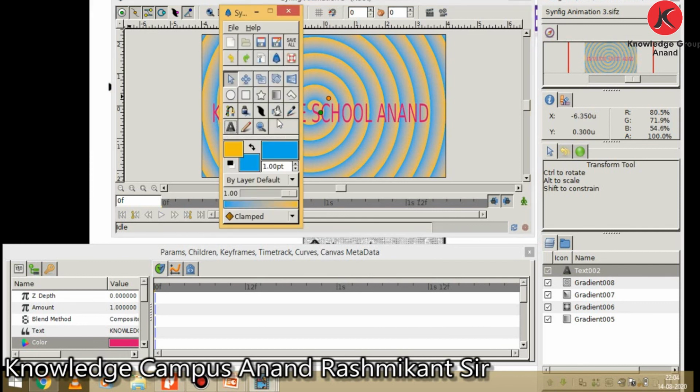You can use other tools, like it is a zoom tool. The zoom tool is used to get a closer or far away view of the object in the working area. The zooming does not affect the output result. It is used to just view the object from close or far range.